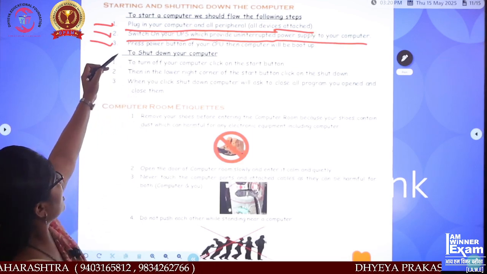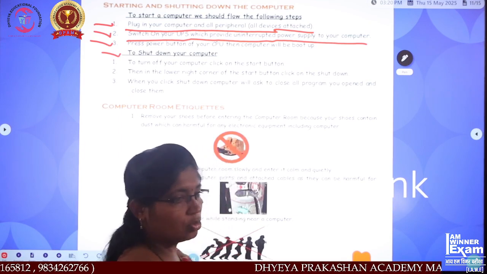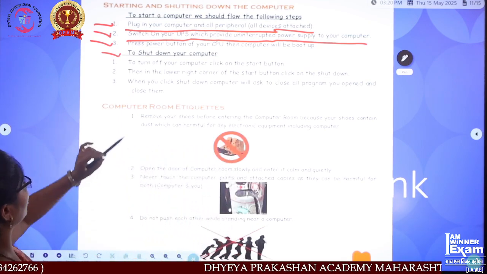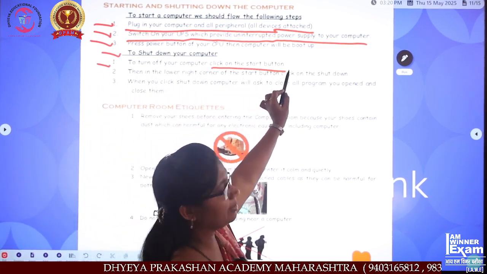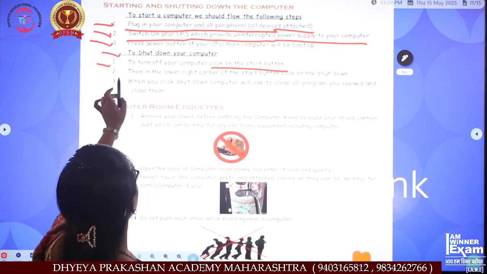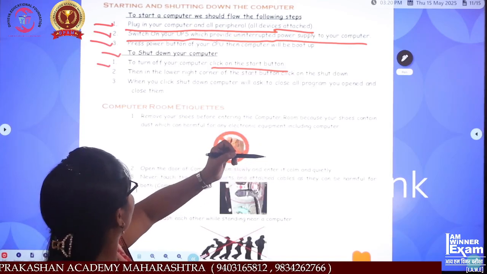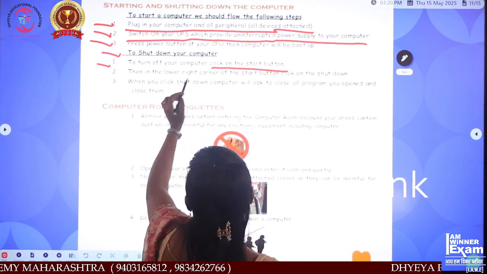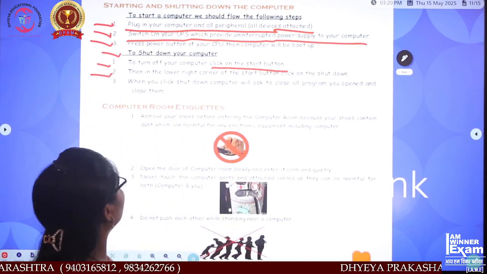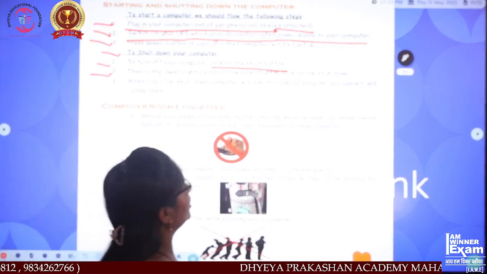After that, now look to shut down your computer. To shut down your computer, first one is to turn off your computer. Click on the start button. Then in the lower right corner of the start button, click on